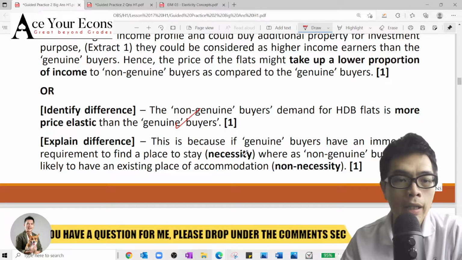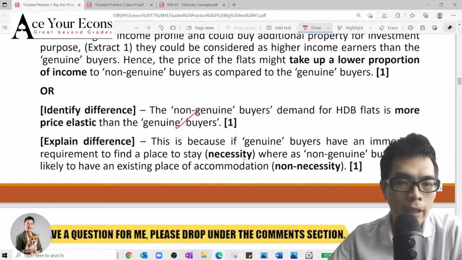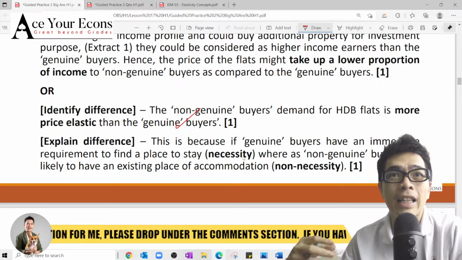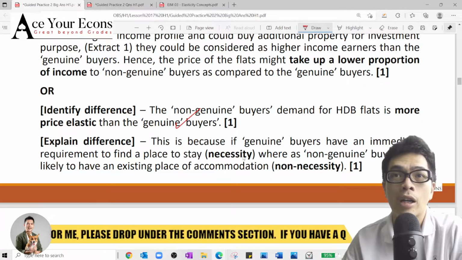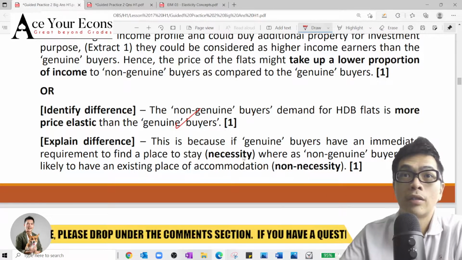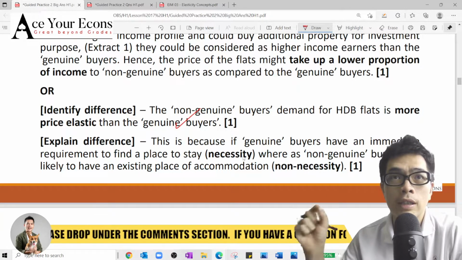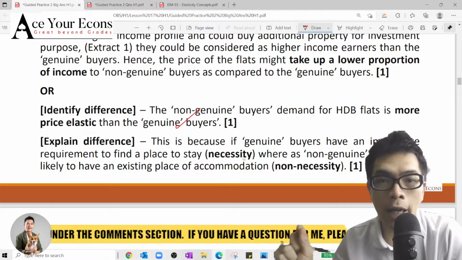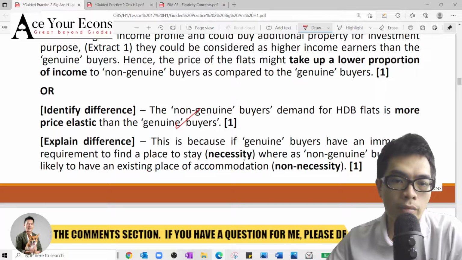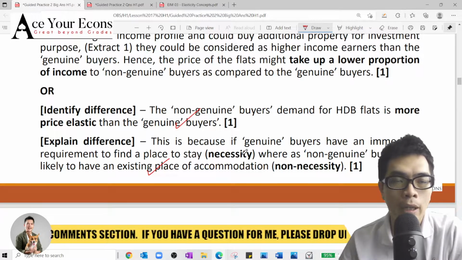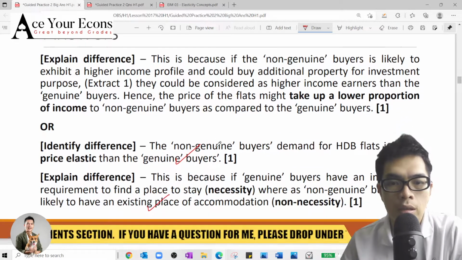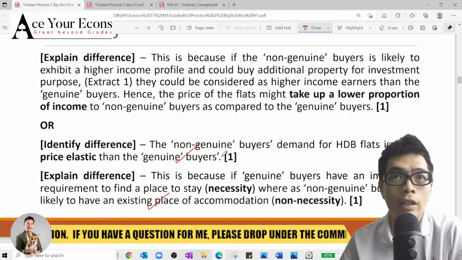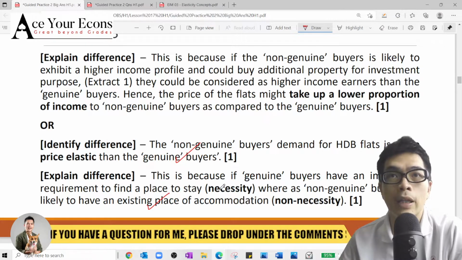Genuine buyers have an immediate need to find a place to stay. Non-genuine buyers are likely to have an existing place of accommodation. They are buying another unit for whatever purpose. So this is how you want to justify necessity and non-necessity from the context of HDB. Check whether you have the contextualization part right. But on a good day, you'll still get a credit. Like I say, if you spelled necessity but you didn't explain, you won't get the second